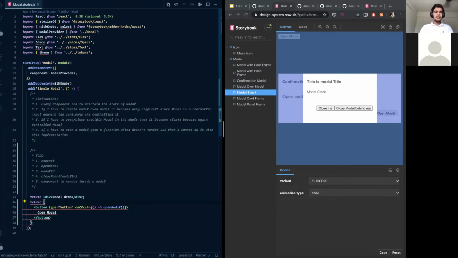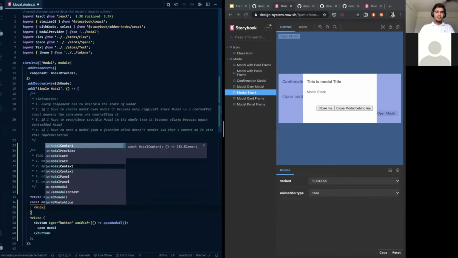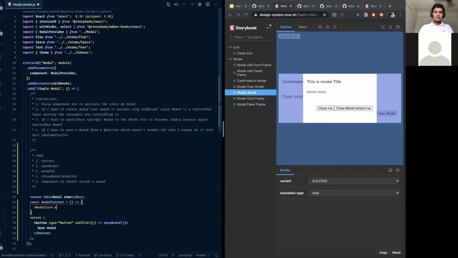And then when I say open model, I want something to be rendered, right? Now, what do I need actually? So I need model content equals to, I'm just creating a functional component. So I'll say I have a modal card whose width is, let's say, 300 pixel, whose height is, let's say, 200 pixel.